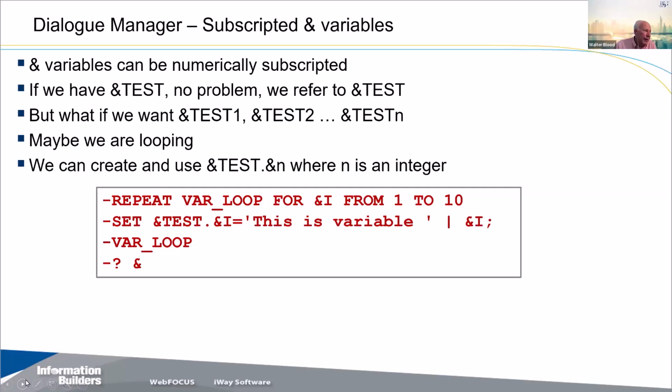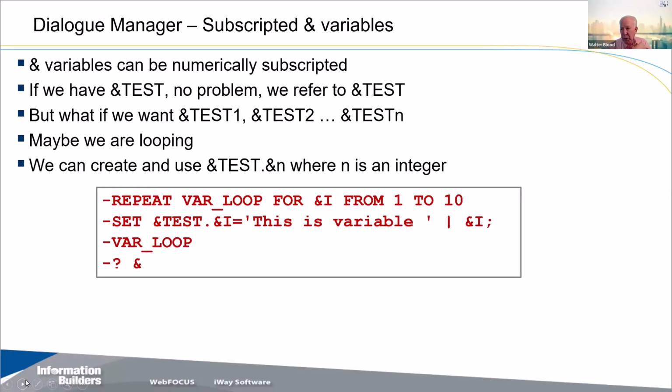The subscripted variable here is this &test.&n. In the code right here, -SET &test&I.&I equals this variable. The variable &test.&I is going to resolve, because I have to resolve all my variables before anything else happens, right? That's going to resolve to &test and some number. In this particular case, it's a number from 1 to 10. So the first time through, that's going to be &test1. The second time, it'll be &test2. This will go all the way to &test10, and then it'll stop because of the way the -REPEAT